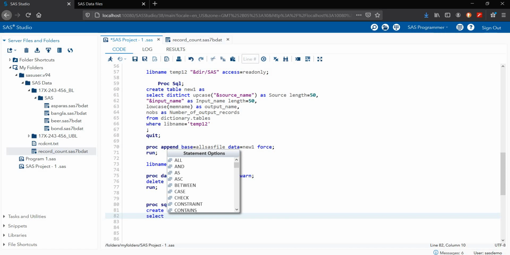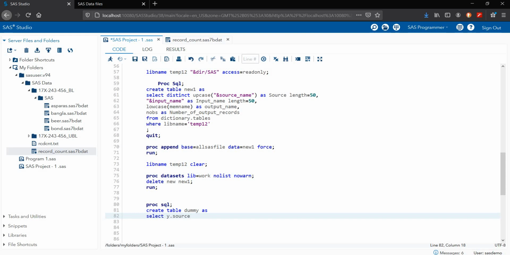Dummy as y dot source, comma, y dot input underscore name, comma x dot.